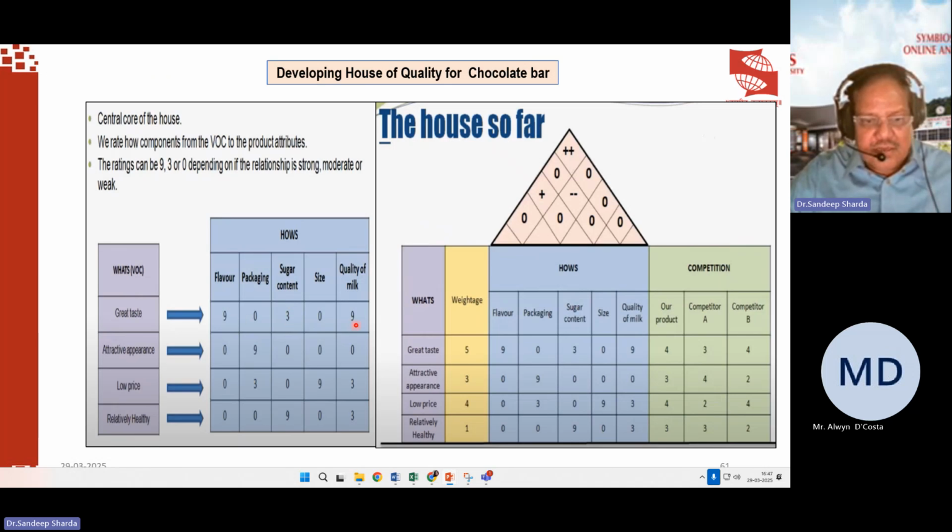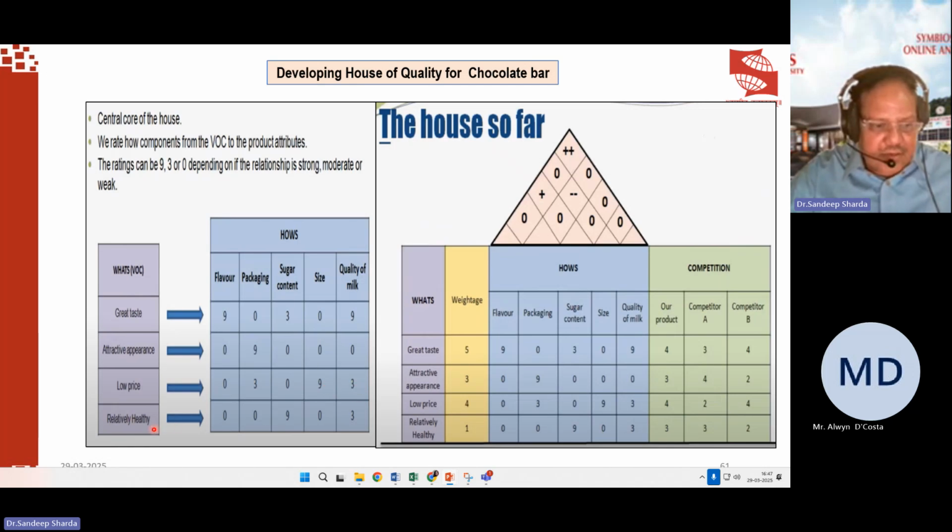So 0, 3, 9. Normally these are the 2, 3 in the sequence that we are going to put in marking as far as the marks are concerned. Then attractive packaging, then again it is flavor, it is non-relevant, so it is 0. Attractive packaging, then packaging it is 9, rest of them are 0. Low pricing, the flavor, based on the flavor it is non-relevant, but based on the packaging it is the medium. Then if it is a size, then low price will be your relevant, and quality of milk is the medium